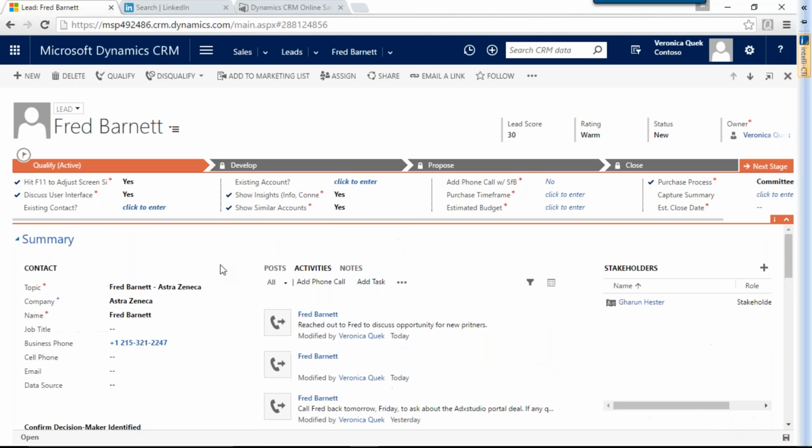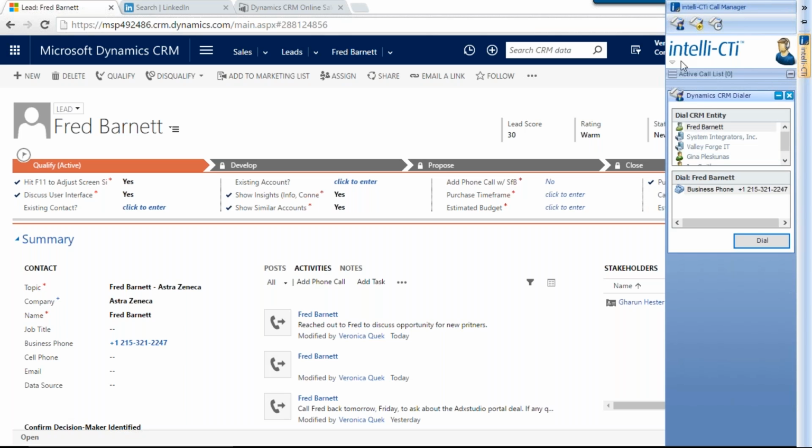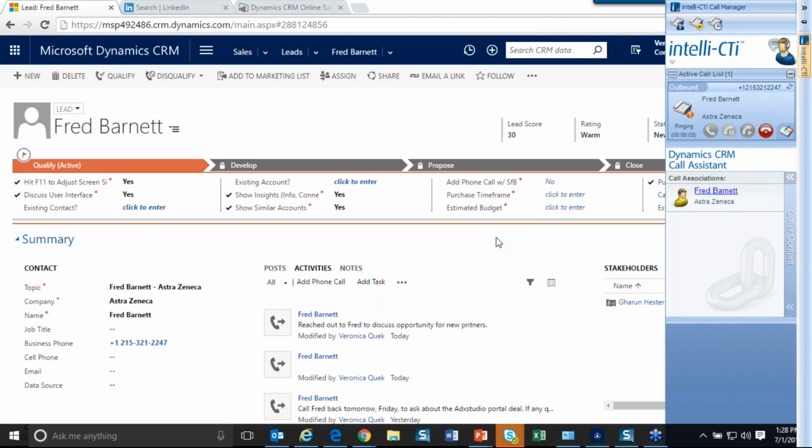So I have Skype for Business set up here, so I'm going to go ahead and make a phone call to this person. And in order to do that, I pull up my CRM telephone integration, and my lead comes up here, and I just go ahead and dial. So it's hands-free, one-click dialing, and I have some phones going off here. So I'm going to go ahead and answer that,